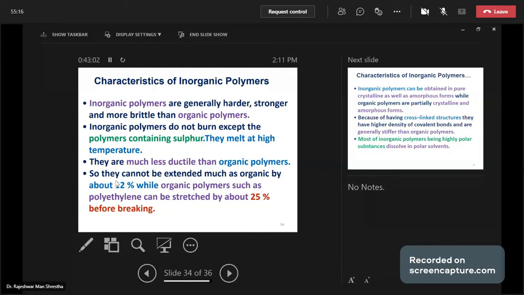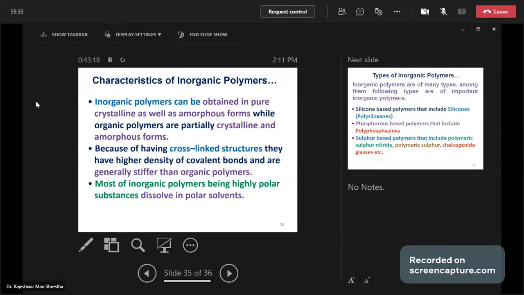So they can't be extended as much as organic polymers; inorganic polymers can be extended about 12%, while organic polymers such as polythene can be stretched about 25% before breaking. Now, inorganic polymers can be obtained in pure crystalline as well as amorphous form, while organic polymers are partially